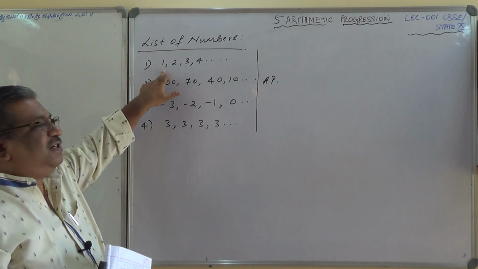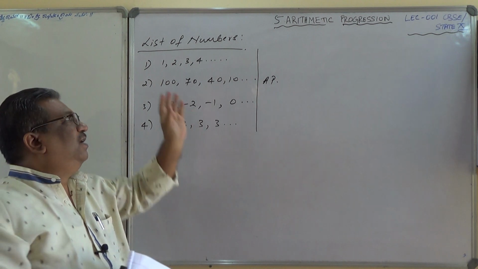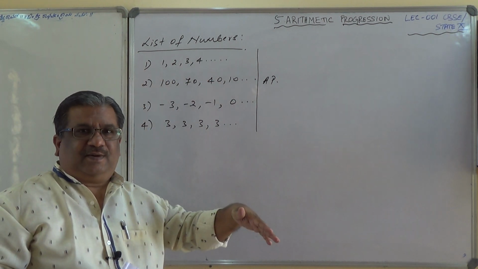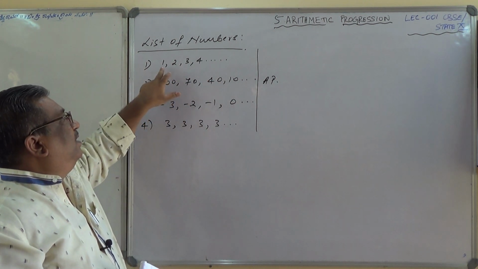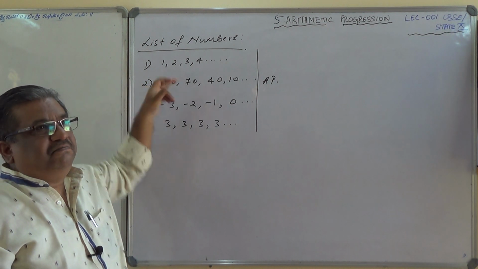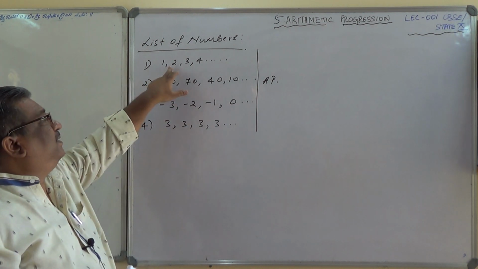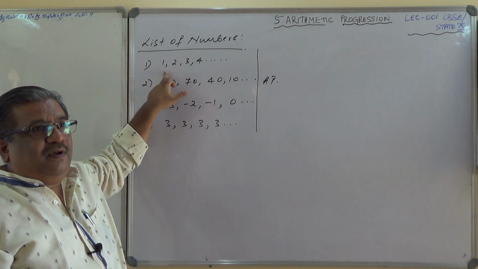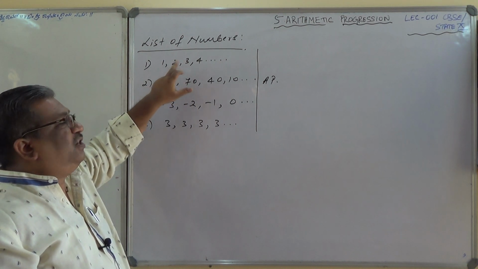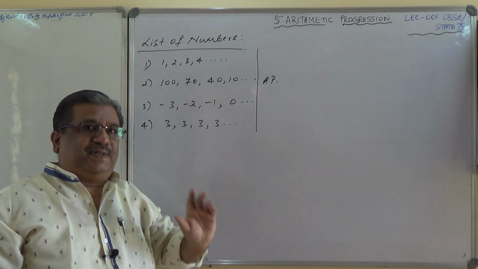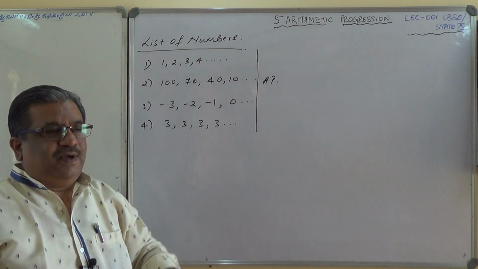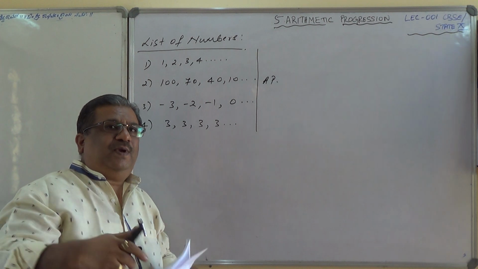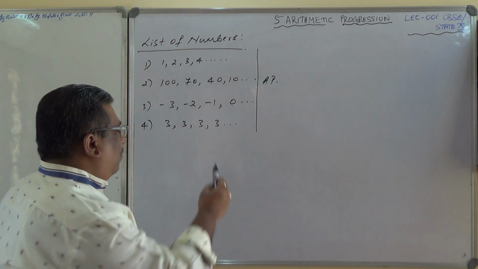So if you know the first term and the fixed number, you can form the list of numbers, is it not? So how do you obtain the first term? I don't know. How do you obtain the second term? Yes, by adding some number to the preceding term. Therefore, we are obtaining each term by adding a fixed number to the preceding term except the first term. So this is the conceptual understanding of AP. So what is an AP?